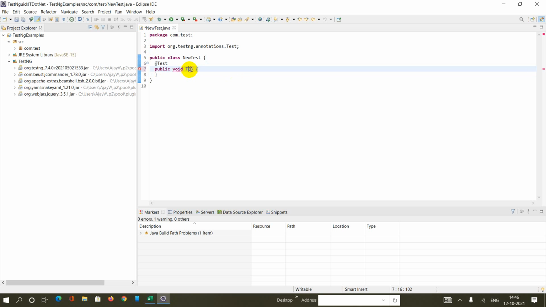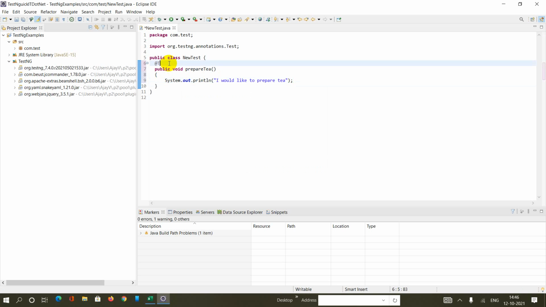Suppose I am going to create one method, prepareTea, and I am simply writing here that I would like to prepare tea. Suppose I don't write this annotation, and I want to run this with my TestNG suite.